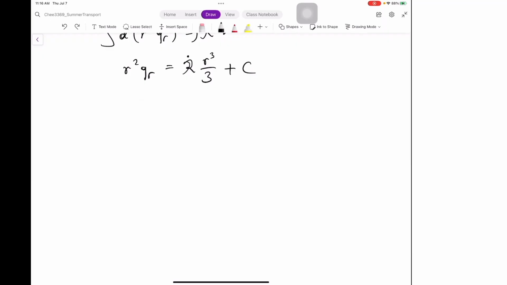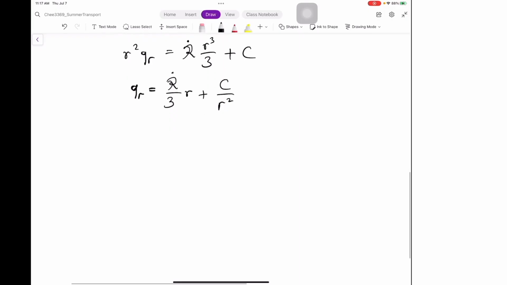And you solve for QR is equal to fancy R dot over 3 R plus C over R squared, correct? Okay, that's the flux as a function of R, but we need to write down Fourier's law to find the temperature as a function of R, correct? Minus K